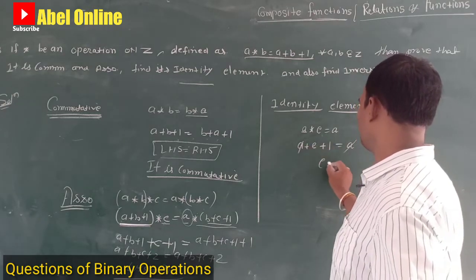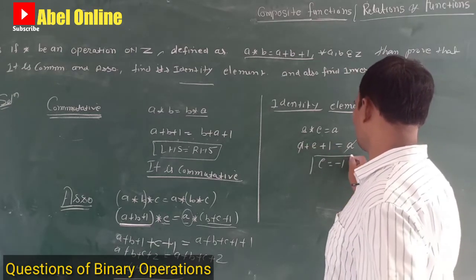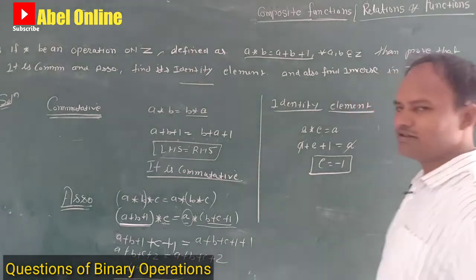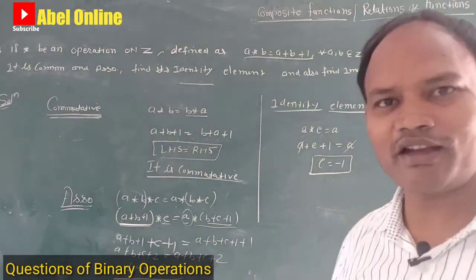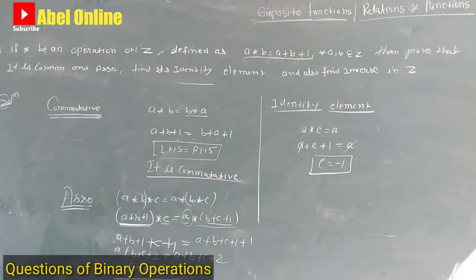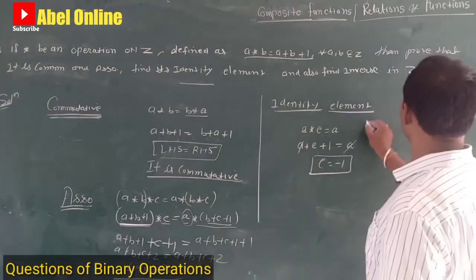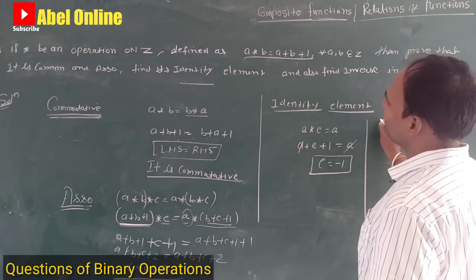What is the value of E? E is minus 1. So the identity element is equal to minus 1. So what is the answer? The answer is: identity is minus 1. Okay, so next one is